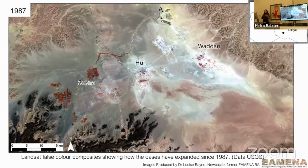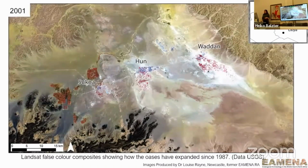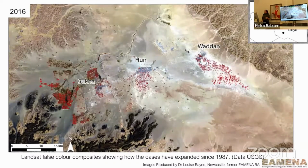So those are the kinds of ways that we were able to make use of basic visual image interpretation, but increasingly archaeologists are also making use of other forms of imagery analysis and processing. So now in this example, we have false color Landsat composites to show how agriculture has expanded in the Jufra oases in central Libya over time. So this first image we can see is from 1987, showing the extent of agriculture in red. And we can see the expansion already in 2001. And then in 2016, we can just see how much more area is now being devoted to agriculture. I also haven't produced a more recent one yet, but we can probably expect that by 2023, it's probably expanded